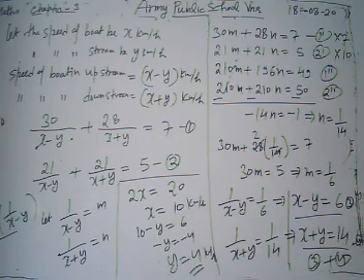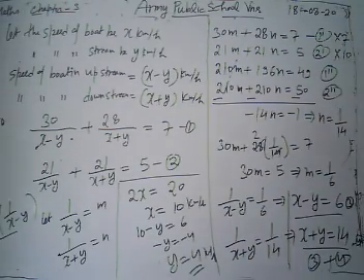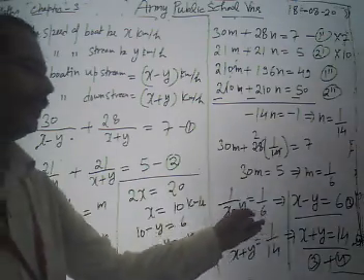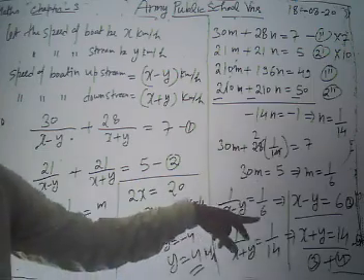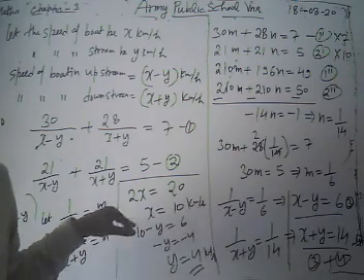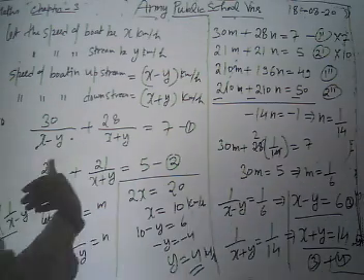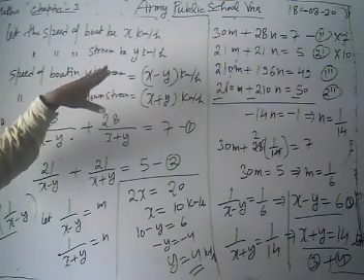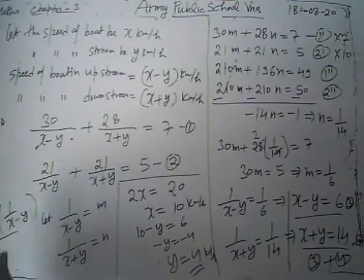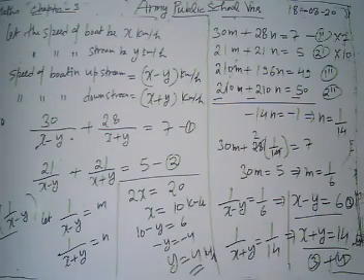Now again we have a pair of linear equations in two variables and we have to find the values of x and y. Then what do we do? Again we are going to apply the elimination method, adding equations 3 and 4. After adding equations 3 and 4, we get the value of x is 10 and the value of y is 4, which is our required answer. Because we took the speed of the boat as x and the speed of the stream as y, the speed of the boat is 10 km per hour and the speed of the stream is 4 km per hour.